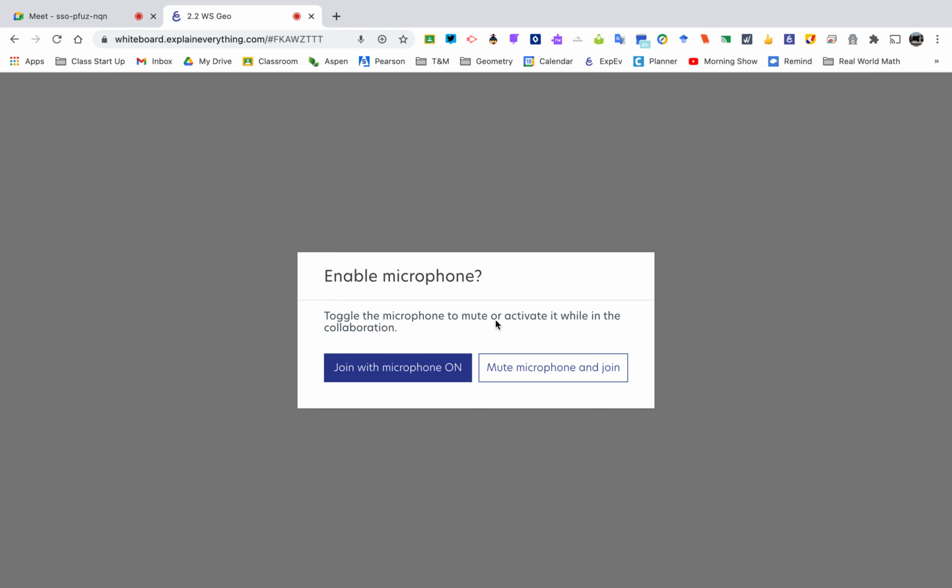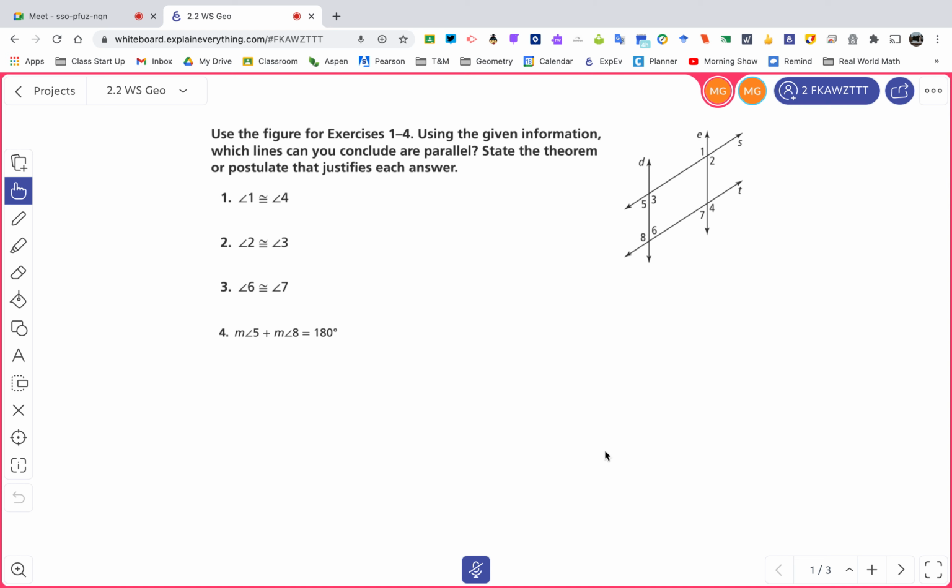So this is the worksheet here. It says use the figure for exercises 1 through 4. Use the given information to decide which lines you can conclude are parallel. State the theorem or postulate that justifies your answer. All right,